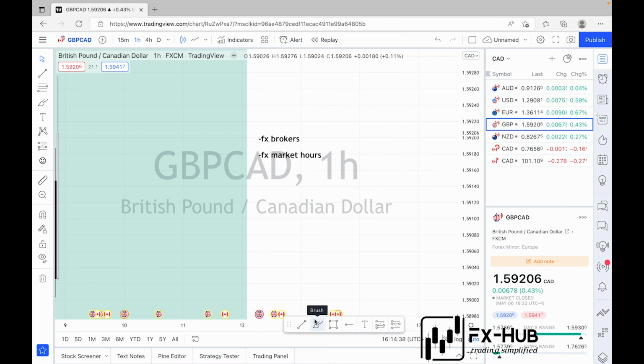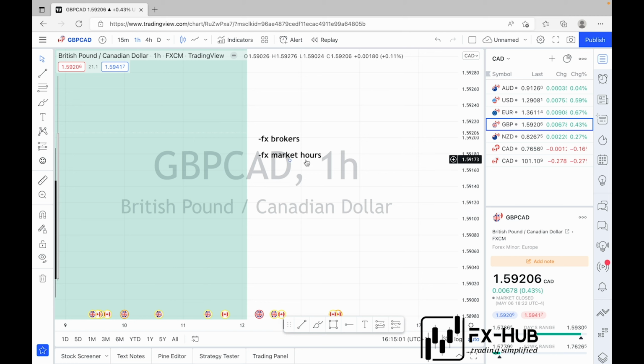There are reliable and unreliable brokers. Some brokers will trade against you and make you lose money effortlessly. That is why we have to be very selective when selecting a broker. If there are certain features you want from a broker, you watch out for them first before adding funds to a broker. So we're going to be moving to the next concept, which is FX market hours.